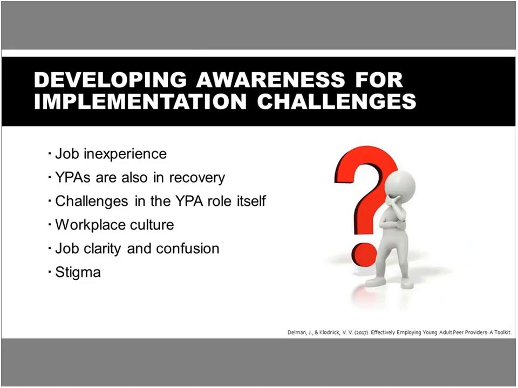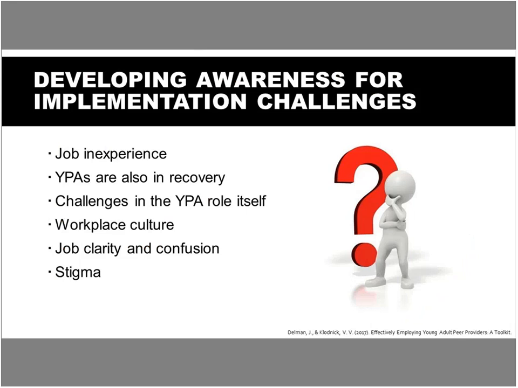All right, now that you've learned a bit about the youth peer advocate role and some of the services that they provide, we're going to talk about some of the challenges to implementation. And we want to frame this in a way of really developing awareness of these challenges because there are solutions to the challenges, but we want to talk about what they are so you're aware first. So before we can discuss solutions, it's important to develop the awareness of the challenges faced when implementing youth peer services. Knowing the challenges means that we are best able to identify the solutions.